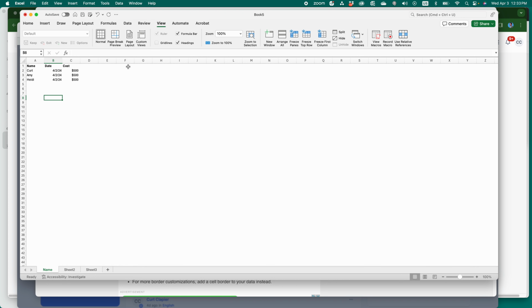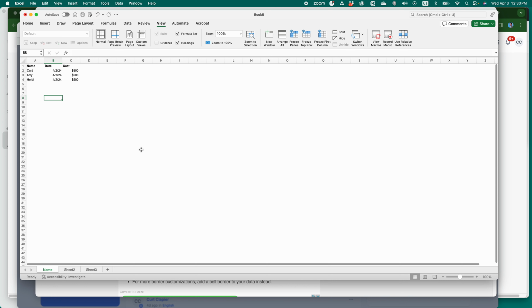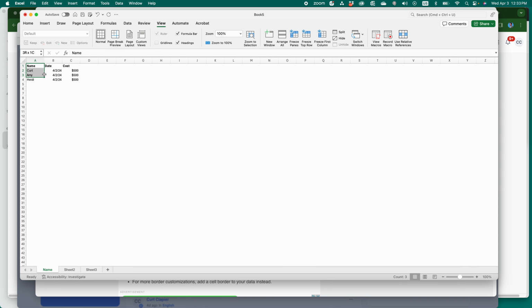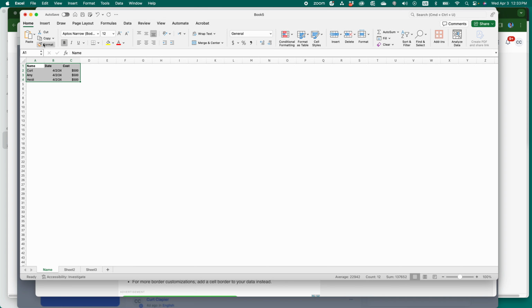Maybe I don't want the grid lines to be there across the board, but let's say I do want them to be there on my actual table. So what I can do is I can leave grid lines turned off, and on my actual table I can go to Home and choose,